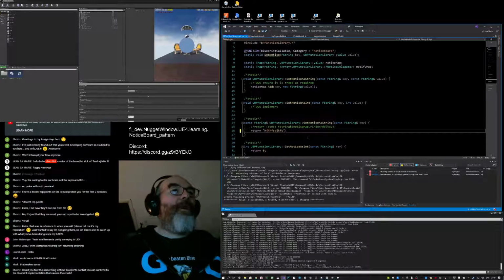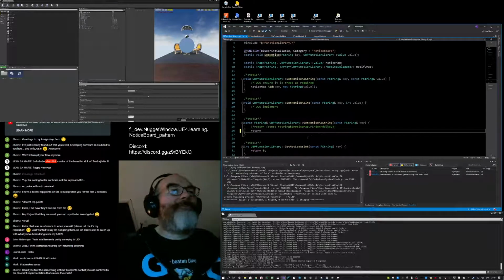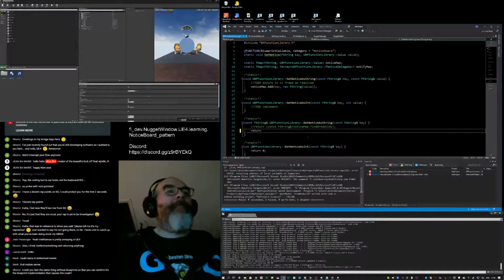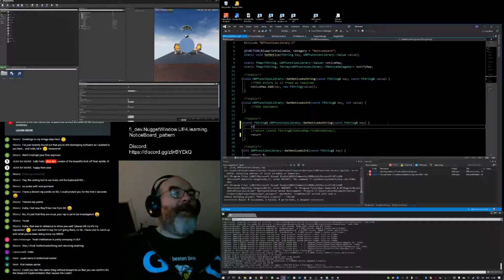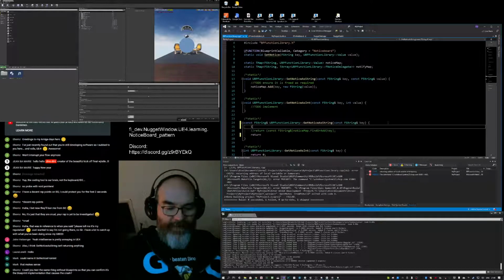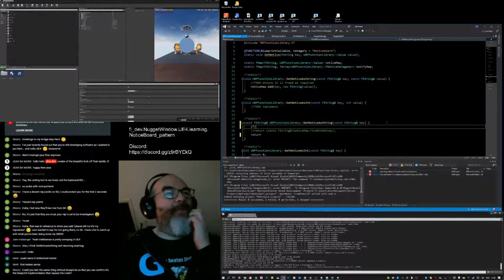So what I can do, however, I need to be a bit smarter with this, doing it as a single line. What I'm going to do is check to see if their value exists at all, first of all.